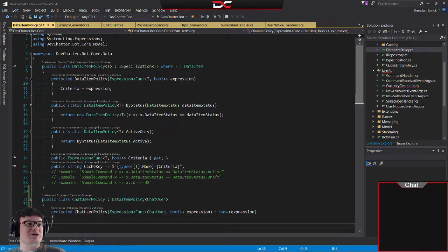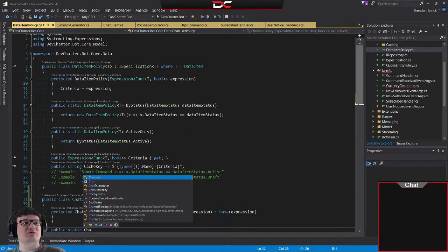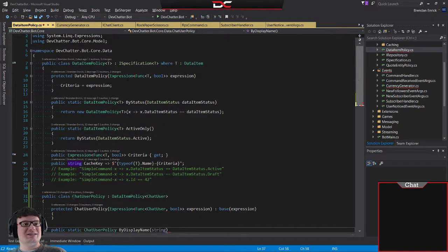And so what I want to do is I want to create a static. So we're going to make a public static chat user policy returning method, and what we're going to call it is by display name. So we're going to take in the display name